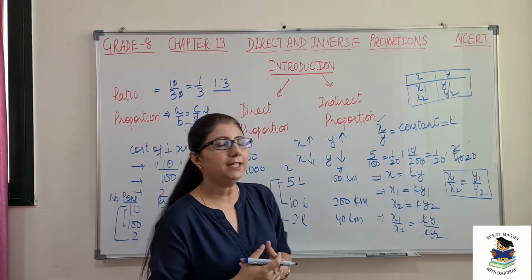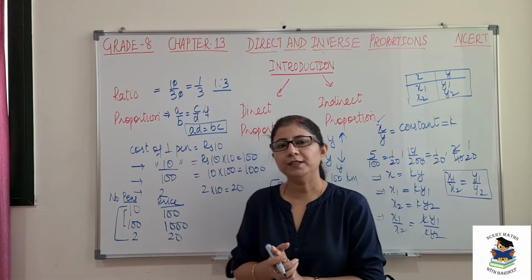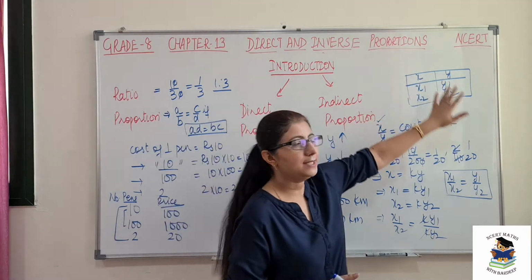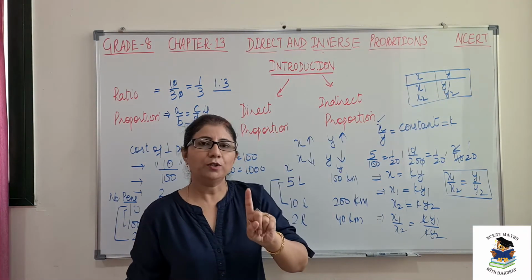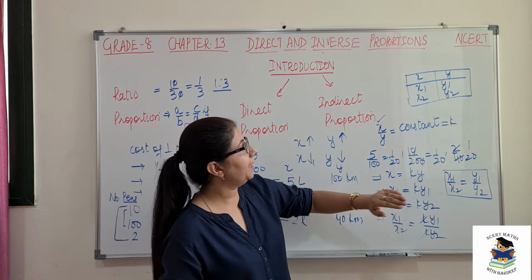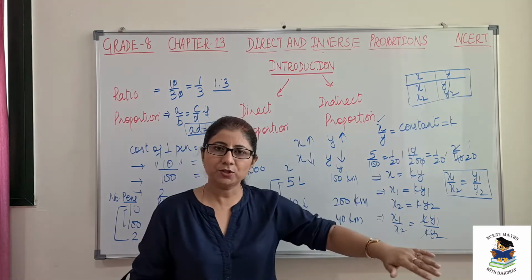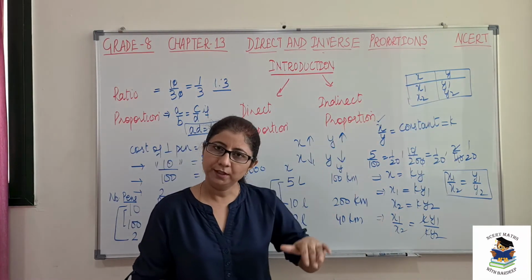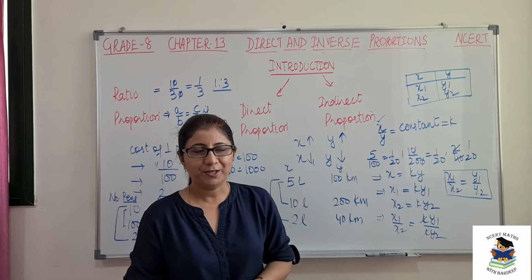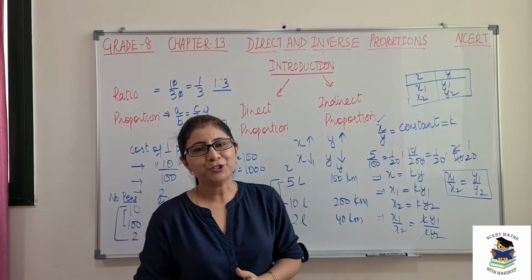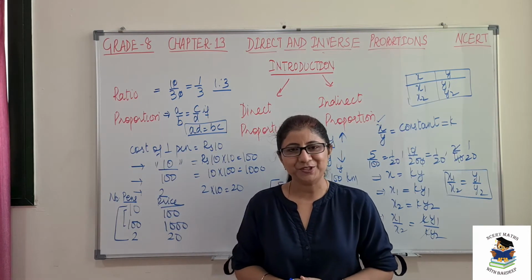So what I am basically trying to explain is that in the questions that you will solve in this chapter, you are given this type of table. In these four values, one is always missing, and how do we find that value? We will use this formula, that is x1 by x2 is equal to y1 over y2. So we will put in the three values and find the missing one. So this is our direct proportion. Now let's move on to the next topic, that is indirect proportion.